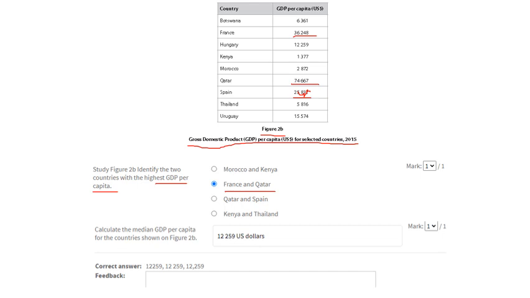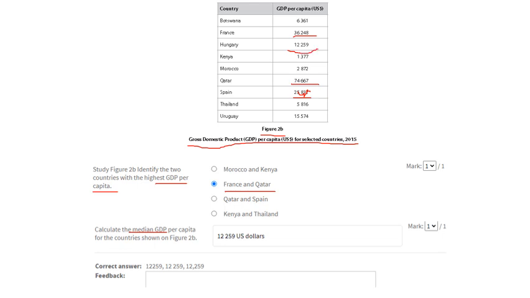The next one, let's use your understanding of other subjects. Calculate the median GDP. Now, this is where you've got to rely on your maths. Remember, we can have the mean, the median, or the mode. And these terms apply to geography as well. So the median would be the middle number if you ranked all of these in order. Well, there are 9 different countries, so you would go and pick the one that is in the middle, or the 5th number in the ranking. And in this case, it was Hungary.